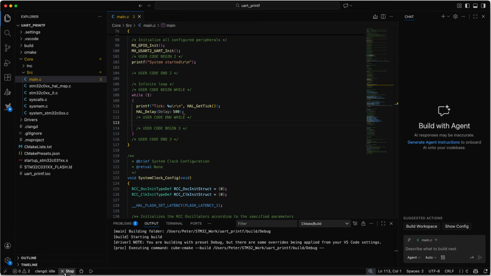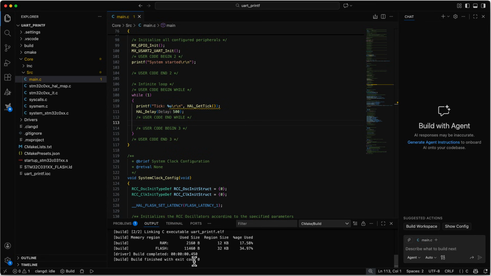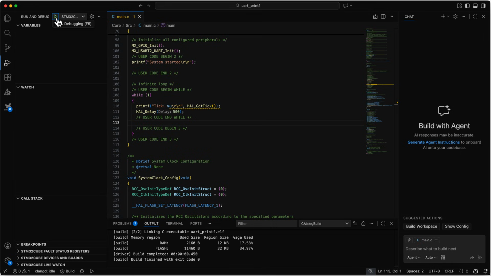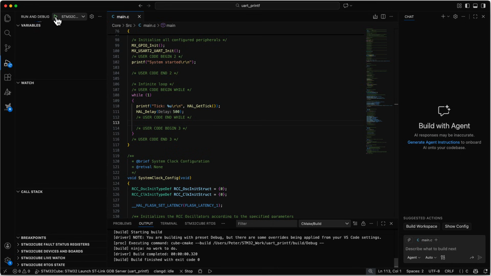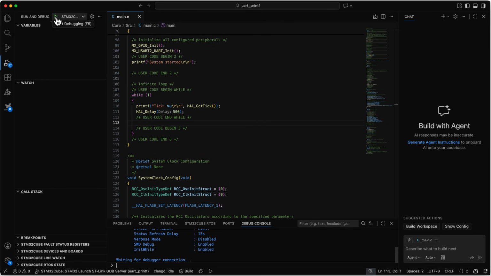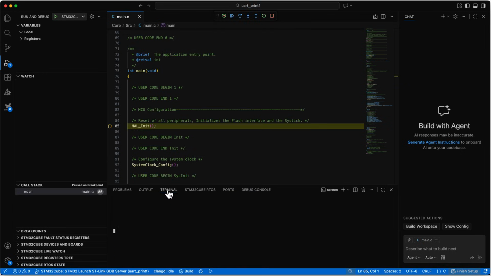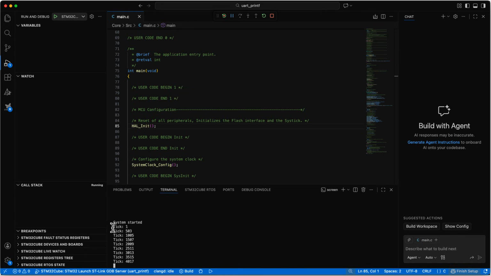So we try to build the program, and it exits with code 0. That is great. We can then program it into our microcontroller. So we go up and start the debug. Then to see what is coming out from the UART, I have now started the terminal inside Visual Studio Code. And we can just run the code, and we see immediately we get this text system started and the tick counter. And if we just break it,